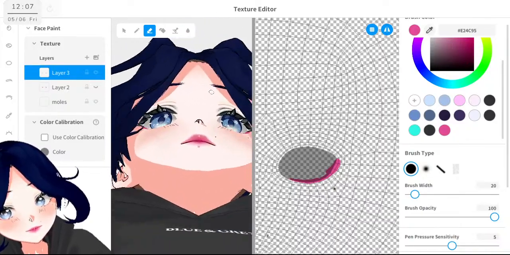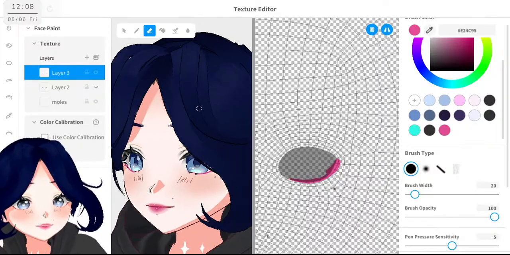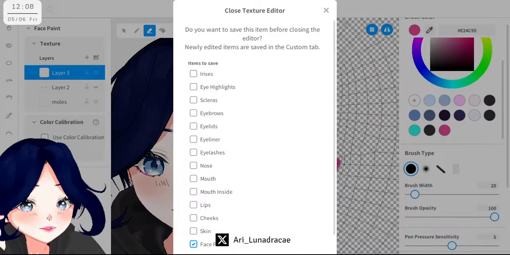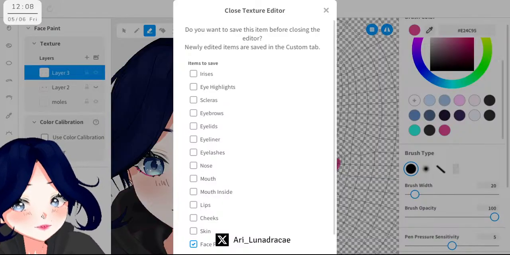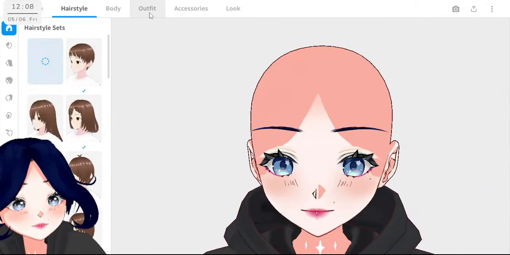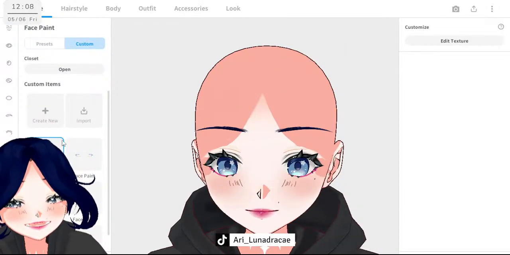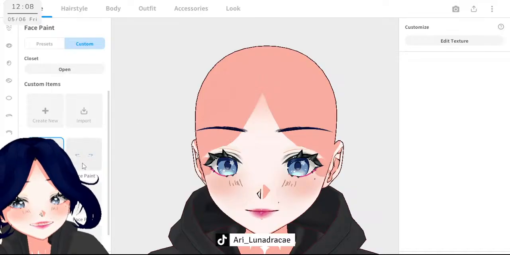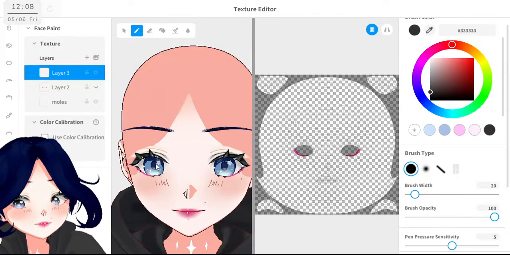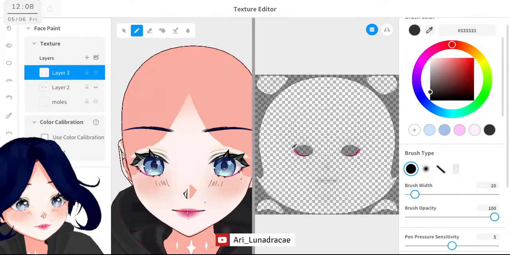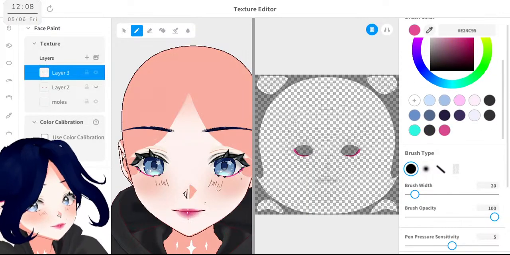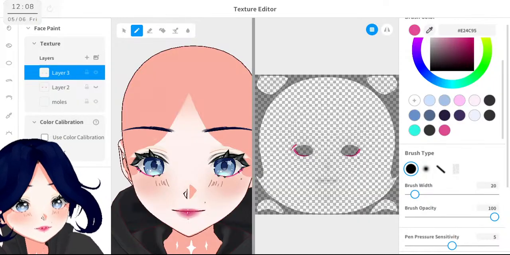Okay, I forgot to hide the hair, so we could edit the face a little better. So let me go back and save as a new item. Hairstyle, none. I am bald. Let's edit the texture. But I think it might be a great idea to wait a little until I have the lashes or the edge shape fixed.